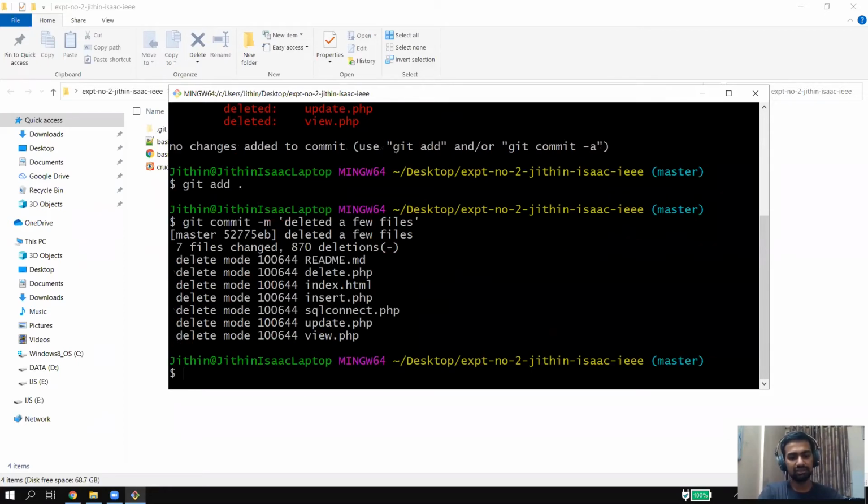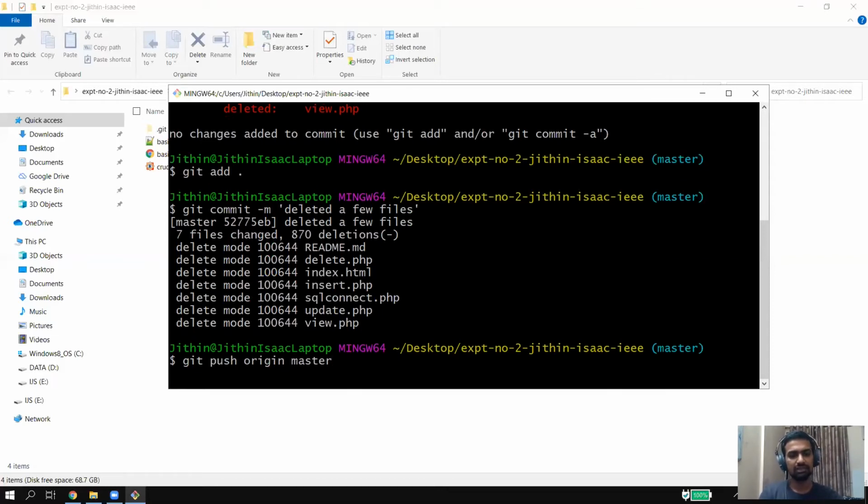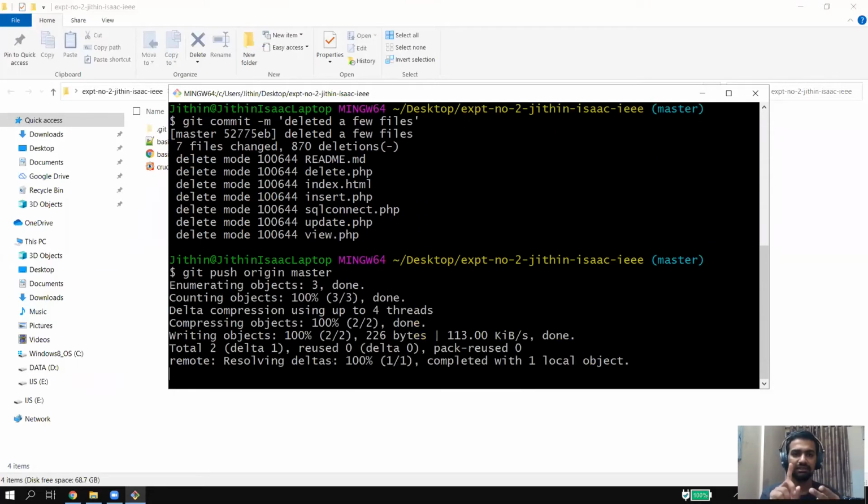That's it. And then you will do a git push origin master. So you're directly pushing the master itself. No creation of branches over here. Directly push the master. That is the easier way out. So only 3 commands over here to be seen. First is git add, then git commit, and then git push.